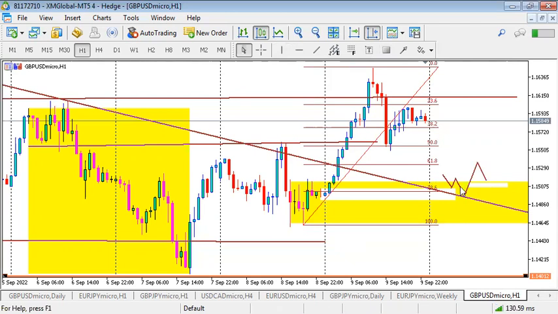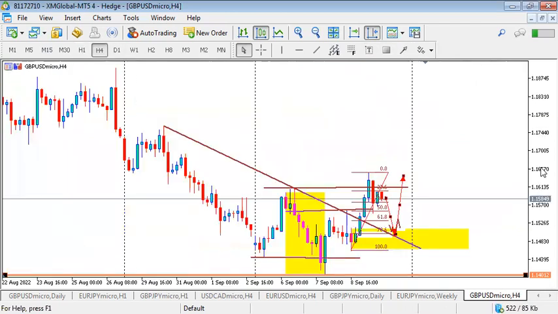This is what I'll be looking for, preferably on the lower time frame, preferably on the 15-minute time frame. So what we'll see is we're expecting price to push down from up here, down here, and then from down here, price will take off and look for the nearest supply